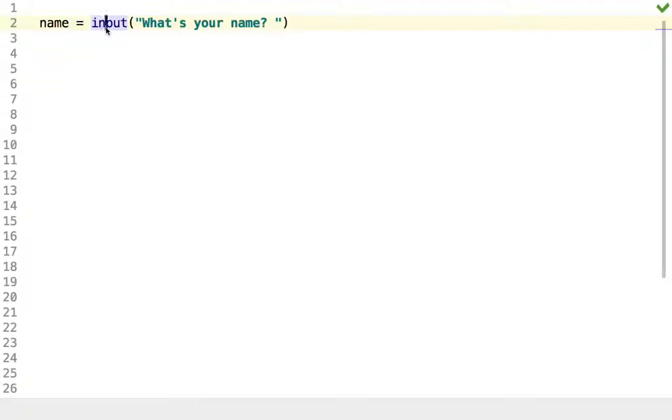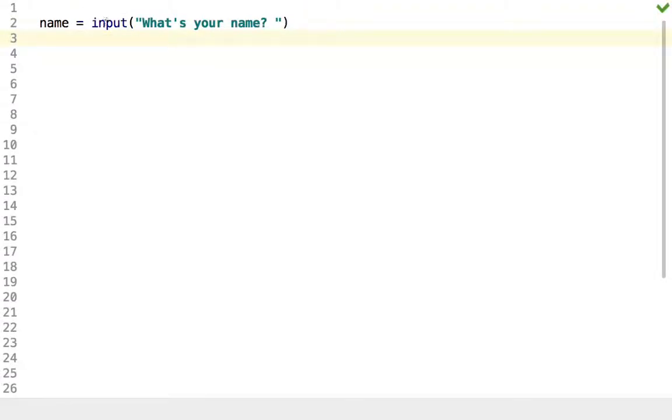Input sits there and waits for the user to type something. As soon as the user types something and hits enter or the return key, input is going to return whatever the user typed on the keyboard